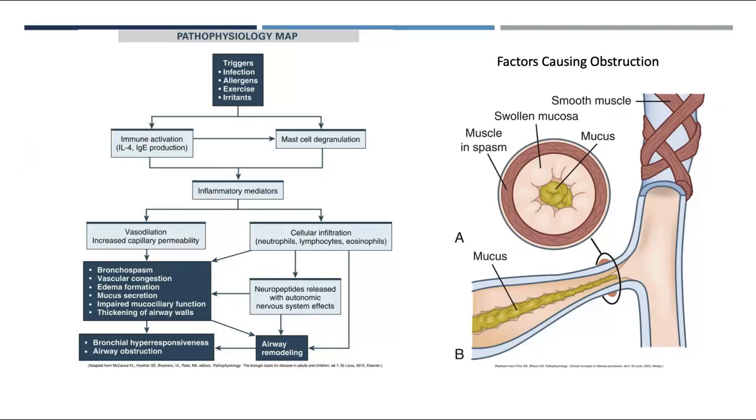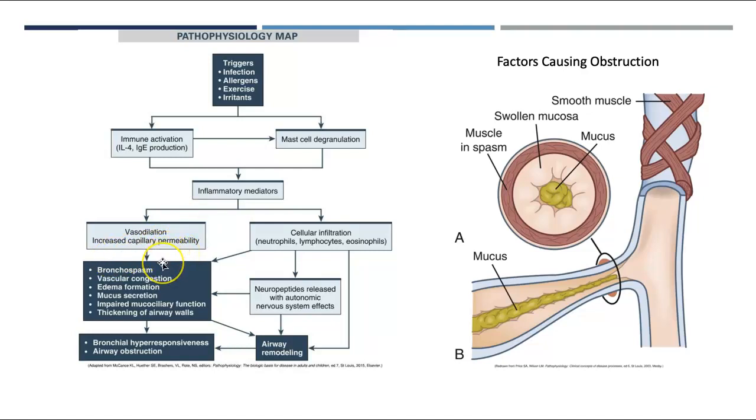So these are some more pathophysiology things showing you. So again, here we have these triggers: infection, allergen, exercise, irritants, whatever that trigger is, affects that immune activation. So that's that IgE production, which then affects the mast cells. And then both of these affect those inflammatory mediators. As we talked about in the previous slide, that can cause vasodilation, increased capillary